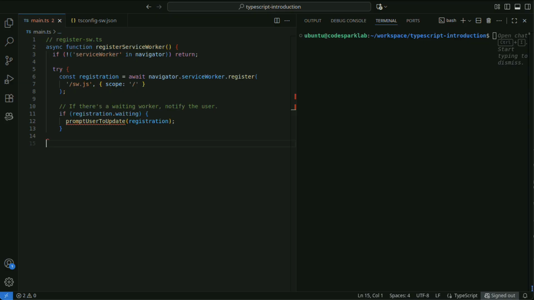Waiting indicates the state in which a new service worker has been installed and is waiting to be activated. At this stage, existing pages are still controlled by the old service worker, so it is common to prompt the user for confirmation, and after getting approval, call skipWaiting to immediately activate the new service worker. This allows you to reflect the latest processes without waiting for the next page reload.